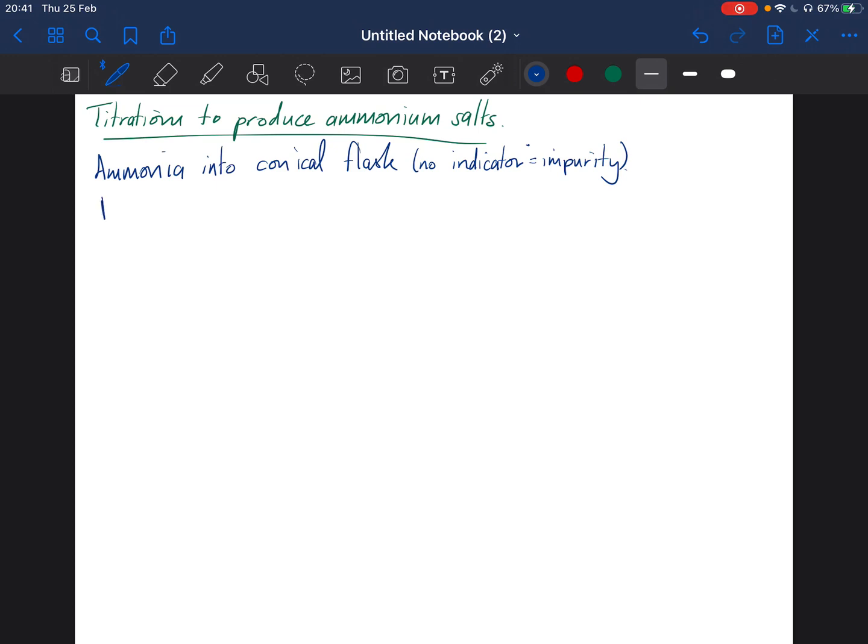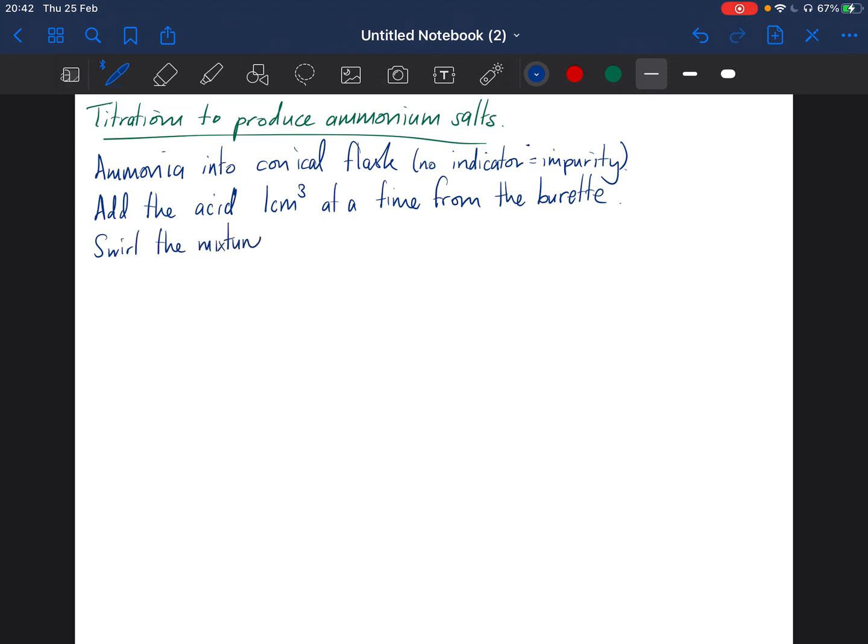And what we're going to do is we're going to add the acid 1 centimetre cubed at a time from the burette. And after every 1 centimetre cubed, you're going to swirl the mixture, and that's going to hopefully make sure that everything you've just added reacts. You're then going to do one of two things. If you use a pH probe, you're going to pop your pH probe in and measure the pH and see if it's dropped, or you could